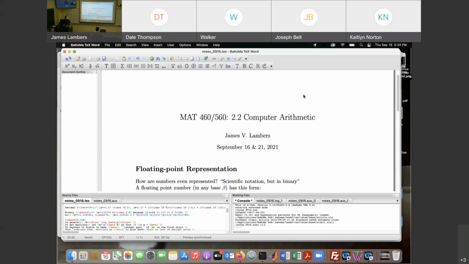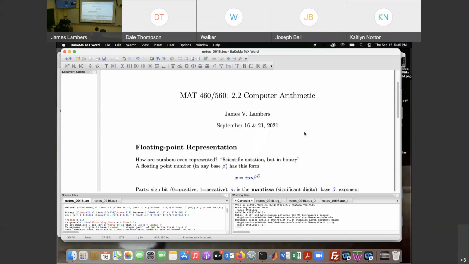The system that is used to represent numbers on most computers is a floating point representation. And a helpful informal description of a floating point number system would be that it's like scientific notation, that you're all familiar with from many different science classes, but working in binary. So computers have always used numbers in base 2,